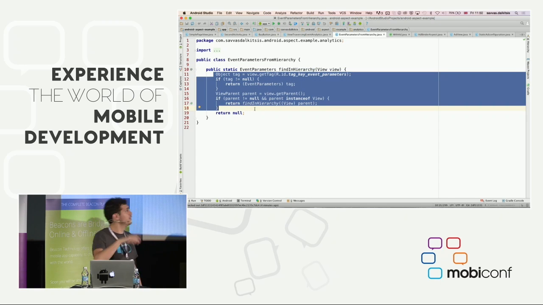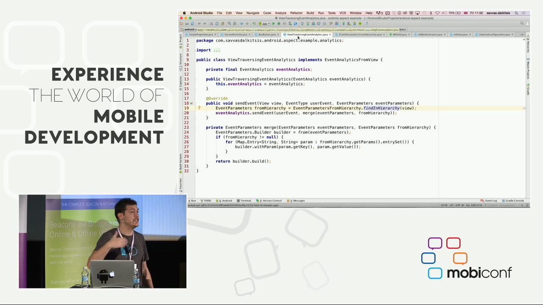Many people cringe when they see this method. They feel like this would take a long time to do. The view hierarchy in Android is held in memory. You don't have to traverse XML. There's nothing weird like that. It's literally a linked list. So every time you traverse a node, it's like, does your node have this? No, go one node up. It's very simple. You still don't want to do this in a tight loop, obviously, but it's not taking a long time to do.